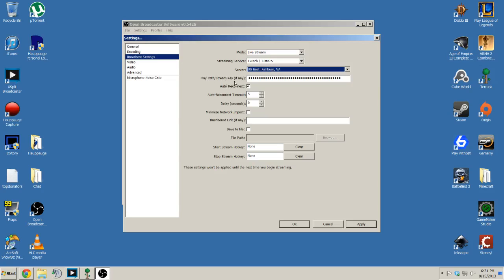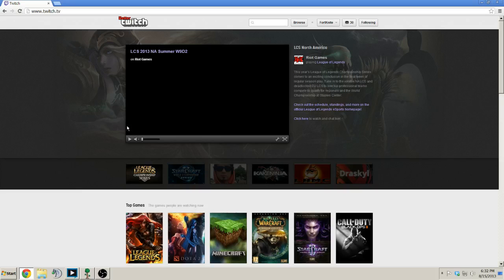The stream key. This is actually what you're going to need to stream to the web page. And here I'm going to show you. I'm going to open up my Twitch now, so you can see that. When you log into Twitch, I have a little thing called Better Twitch installed, but just go to twitch.tv, and once you're logged in, you're going to go down to Dashboard,